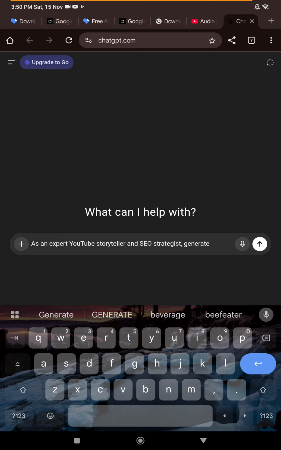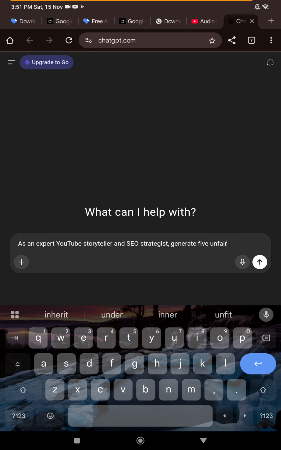Yours may be 10, 20, 15, whatever number you want, but just for the sake of this tutorial, let me just say 5. Generate 5 unique, original,